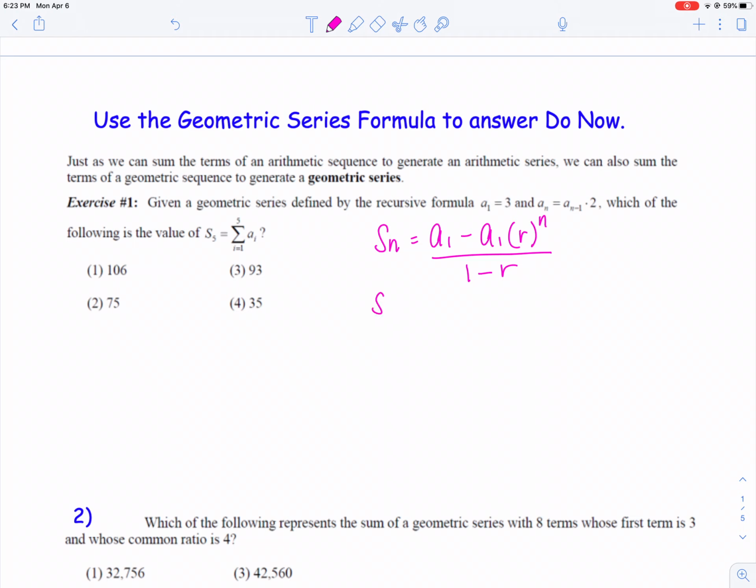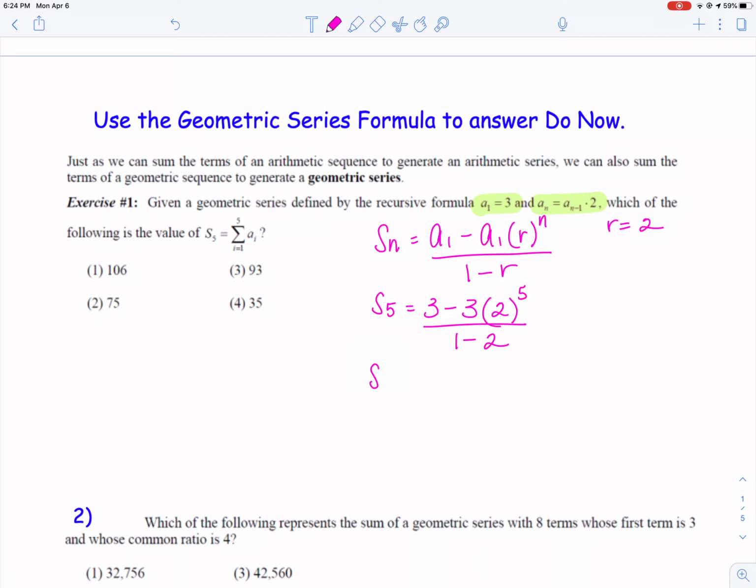So here we're looking for the sum of the first 5 terms. We knew a sub 1 was 3 minus 3 times our common ratio of 2. That was what was happening every single time. We were multiplying by 2. R was equal to 2. We're going to raise that to n. N is 5, the number of terms that they want the sum of,